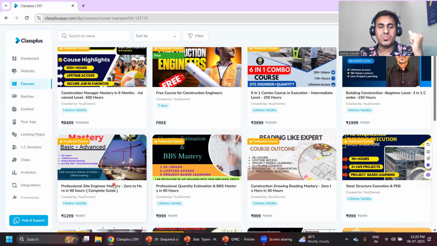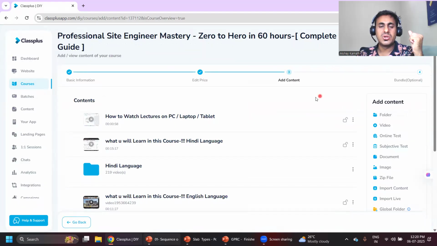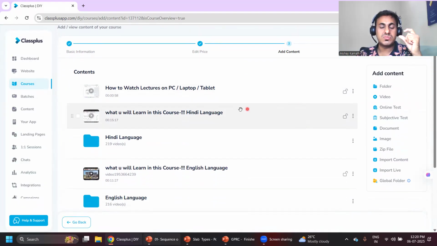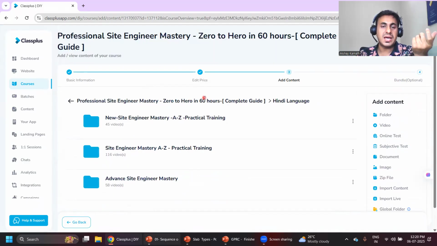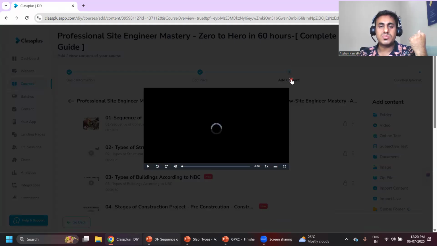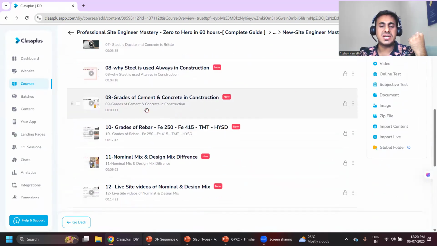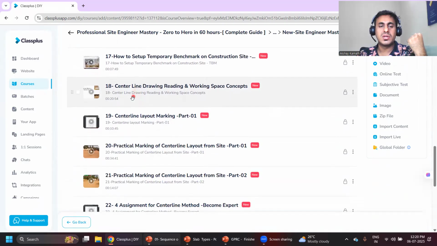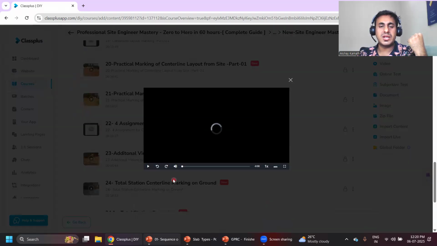बाकी मैं आपको एक स्टूडेंट्स का रिव्यू भी दिखा दूंगा, सो दैट यू गेट एन आइडिया टू वेर यू आर इन्वेस्टिंग योर मनी, एंड उस मनी का जो आप इन्वेस्टमेंट करो उसका रिटर्न क्या आने वाला है। ये ओल्ड वाला रिकॉर्डिंग है, अभी नया रिकॉर्डिंग हमने स्टार्ट किया है। और इस पूरे नया रिकॉर्डिंग में आपको पूरा हर एक चीज, सेंटर लाइन मार्किंग साइट से आप कैसे करोगे, ये सारी चीजें।